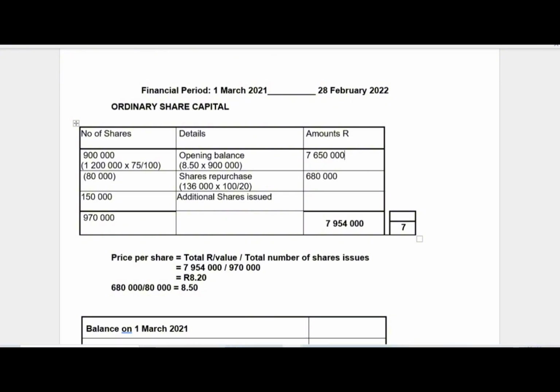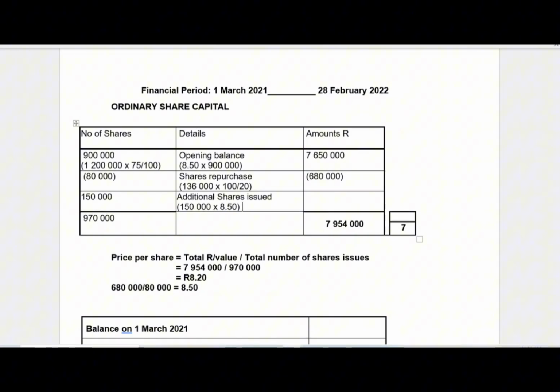So we get 650,000, right? And then remember, our 680,000 is a repurchase. We have to subtract it, and then let's go to our additional issue. For the additional issue as well, we need to calculate. To calculate for that additional issue, we open brackets 150,000 multiplied by 8.50. Let's see how much we are getting there, and we must verify and check if we are still going to get